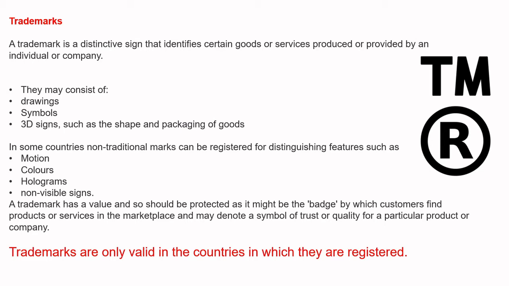So basically, everything that goes around that brand will be trademarked. If you look at logos, down at the bottom right corner will be a very, very small TM. They need to be registered for each country you're planning to sell in. Trademarks are only viable in the countries they've been registered in, which is why you get so many knockoffs when you go on holiday, with people selling Gucci glasses and Armani watches and those sorts of things. You need to make sure things are trademarked in select countries, or you run the risk of people having knockoffs of your things.